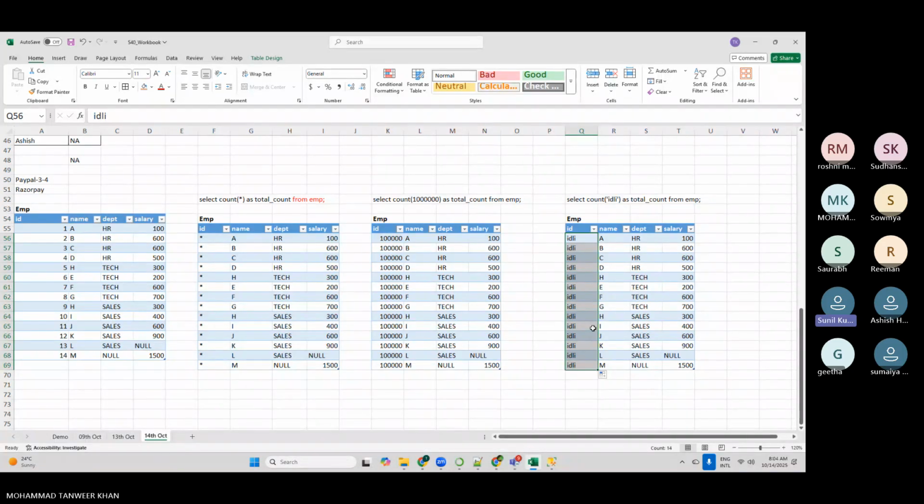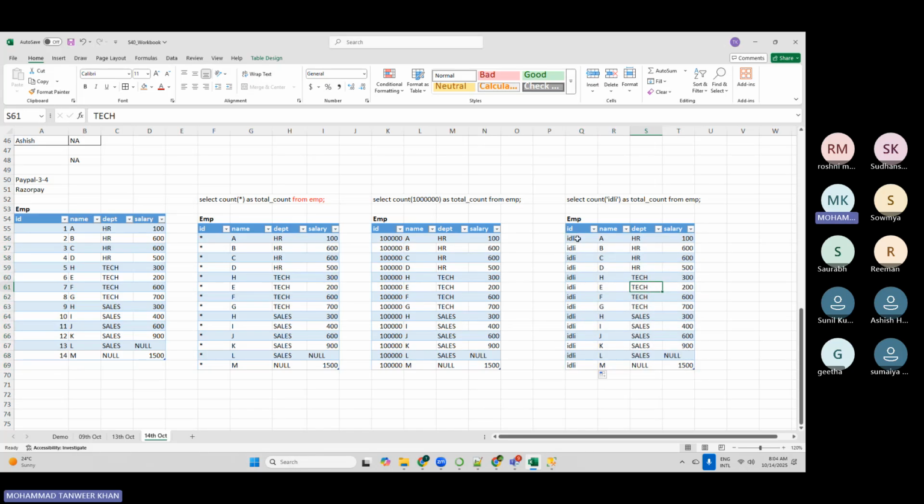So why is it only replacing in the first column, not in the entire table? I told you, any column, any column. If your question is why any one particular column and not the entire table, see, the reason is even if you replace everywhere, that will not make any difference in the output because